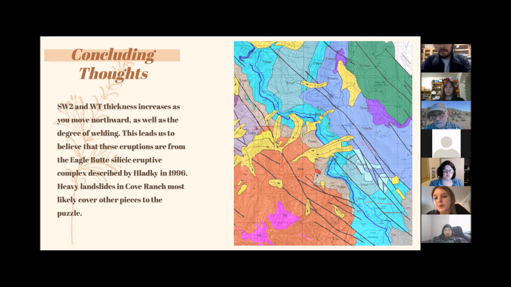But there are a couple areas where we have so much landslide material that you can't really tell. So there's a lot of educated guessing that goes on, because this right here is just a huge landslide. And yeah,